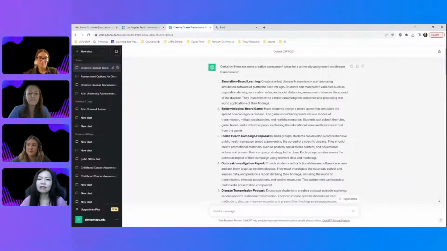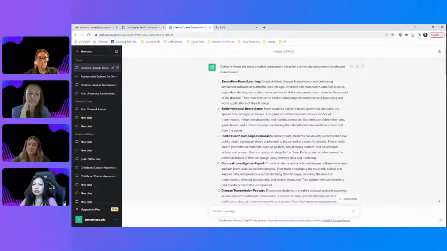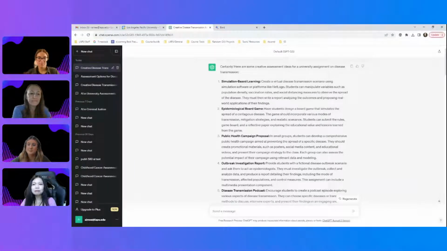Yeah, for online, that would have to go back to the team and the tools available to the team to create. You can create a virtual board game through tools such as Captivate, and there's others such as Articulate. You can make some tools, but that's not always readily available.